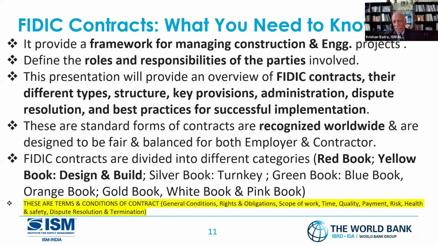There are standard forms of contract, the books, as I said to you. The red book is purely for construction, the yellow book for design and build. Then we have the silver book for turnkey projects, and the green book for low value contracts. Low value could be 500,000, could be $1 million, depends on case to case. Instead of 30 pages of terms and conditions, I may have a smaller version. Then the blue book, again, is for tunneling work, and the orange book,